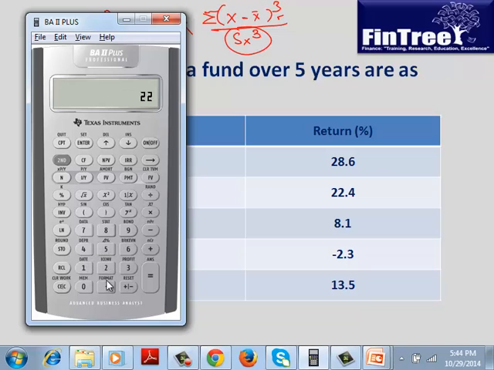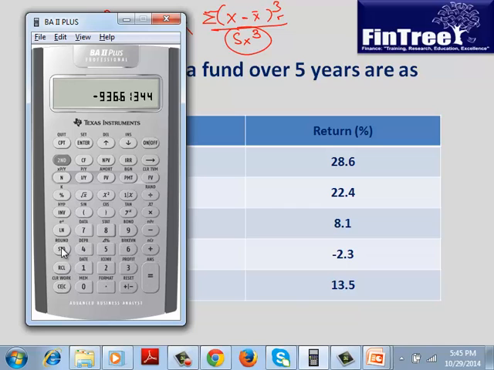In the same fashion, 22.4 minus RCL 9, raised to x3, equal, STO 2. 8.1 minus RCL 9, raised to x3, equal, STO 3. Negative 2.3 minus RCL 9, raised to x3, equal, STO 4. 13.5 minus RCL 9, raised to x3, equal, STO 5. RCL 1 plus RCL 2 plus RCL 3 plus RCL 4 plus RCL 5, equal